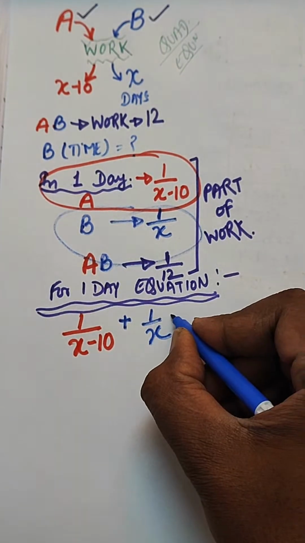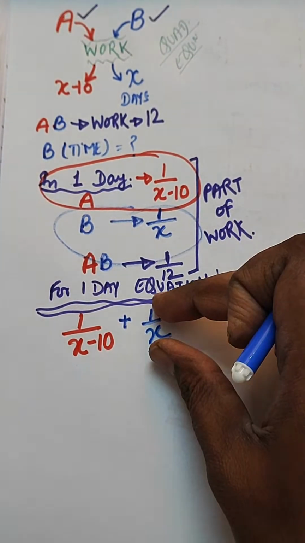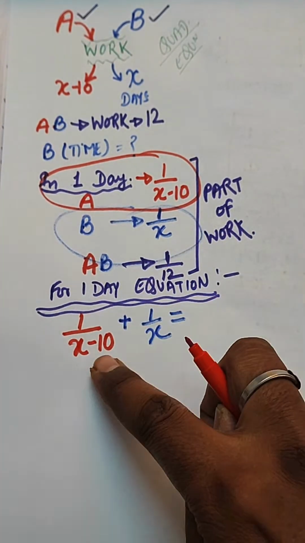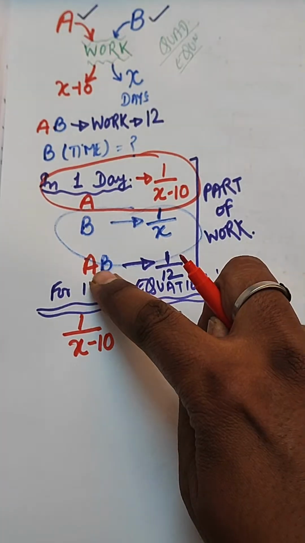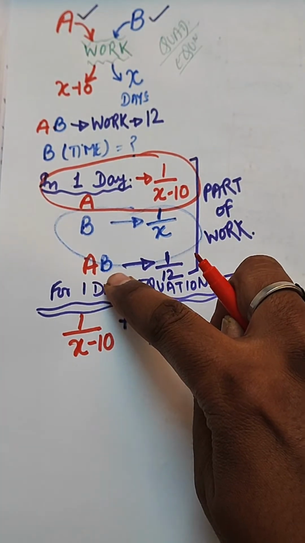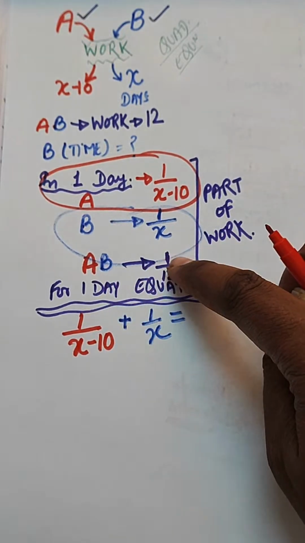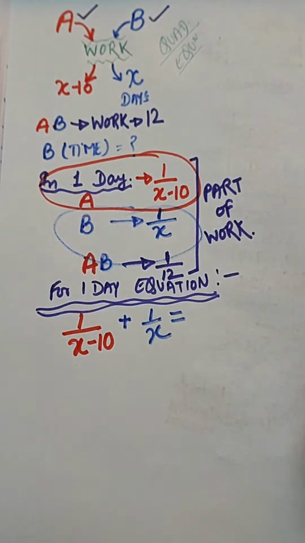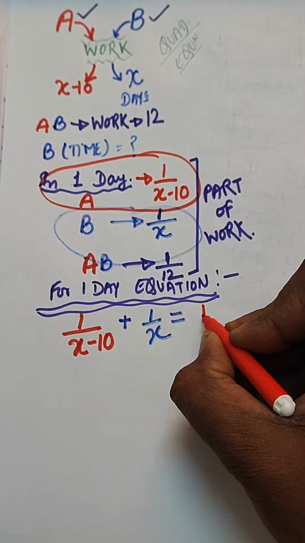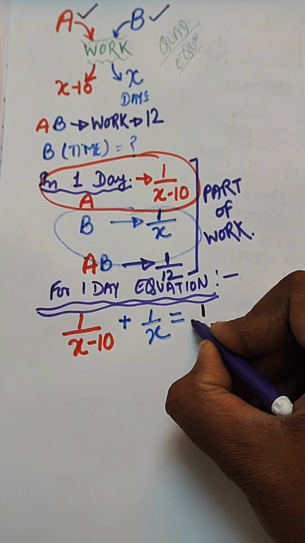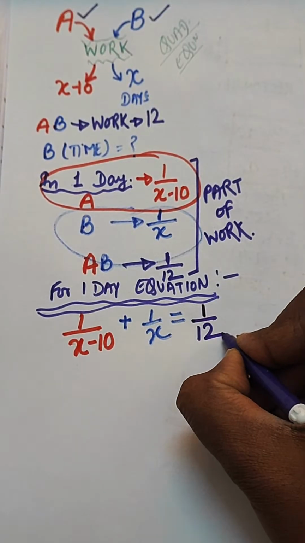This is the part of B, this is the part of A, mind it. And when they add up, it will be equal to the part of AB jointly working together, the one day work when AB work together, that is 1 by 12. You can read the question in the description very clearly. So this is equal to 1 by 12,